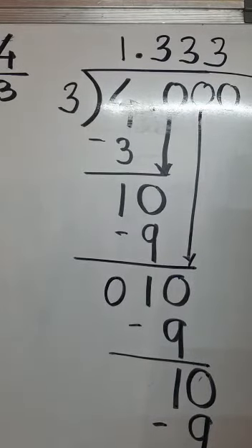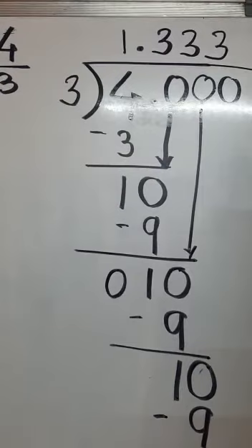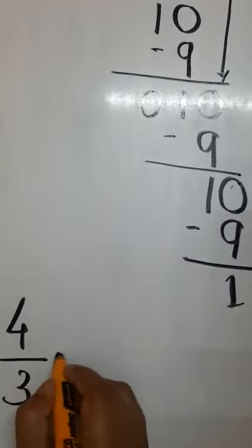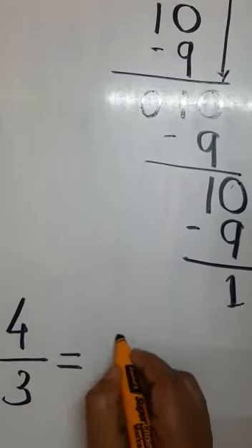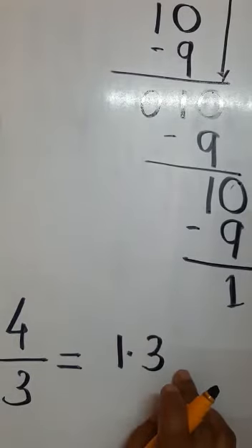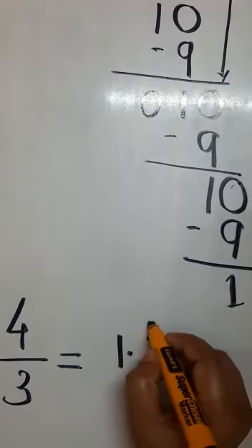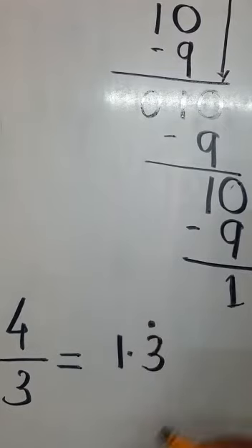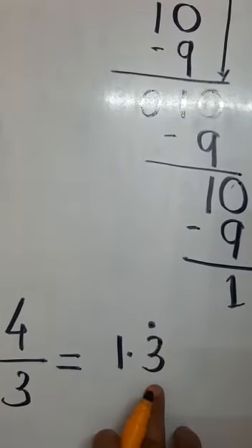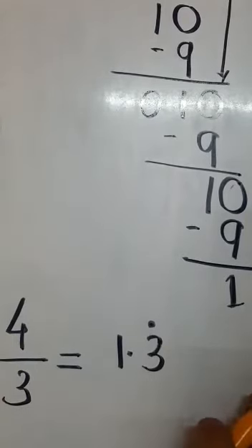So what we have to do is in the answer we'll write 4 upon 3 in decimal form as 1.3, where the 3 is repeating again and again. So we just put a dot on the number which is repeating. Now 3 is repeating, so I have put a dot on this 3. It means that this 3 is repeating again and again. It is a recurring number and the decimal form is called a recurring decimal form.